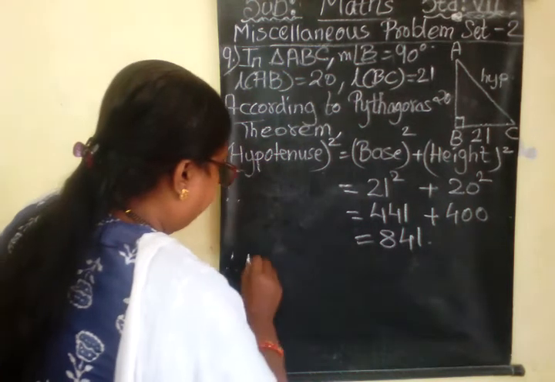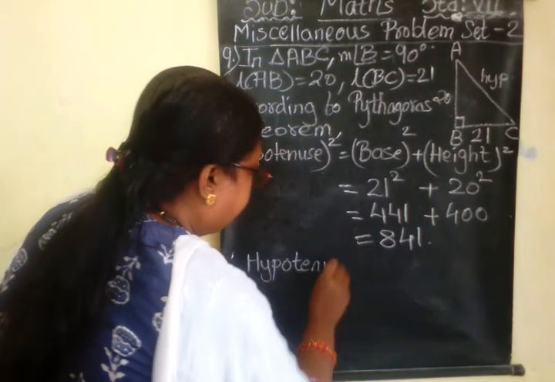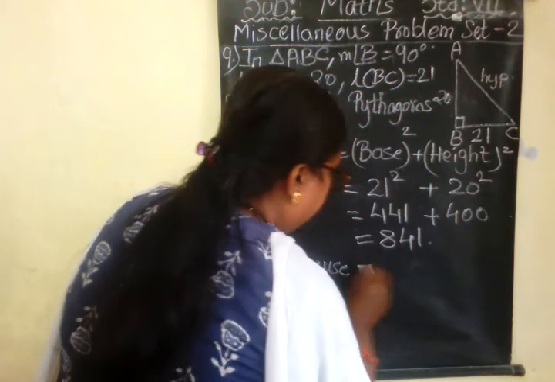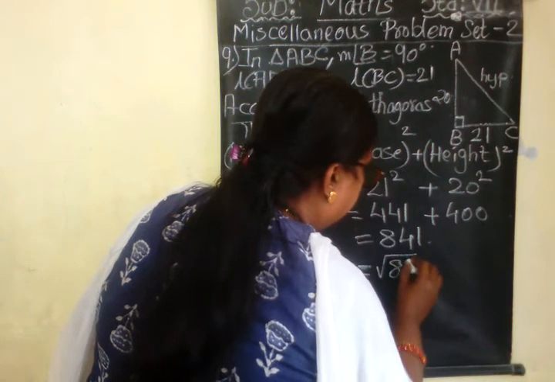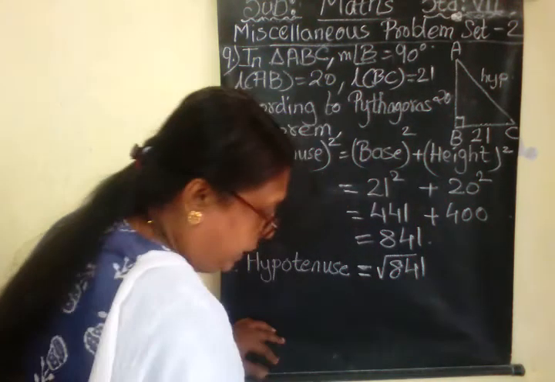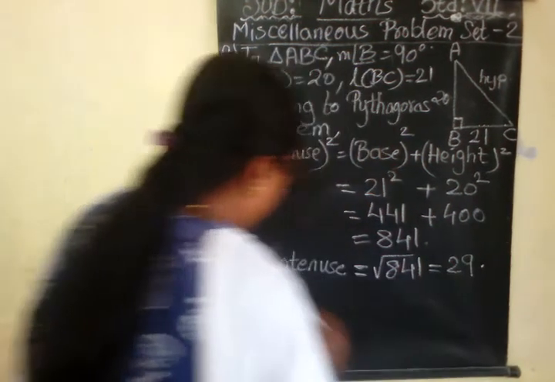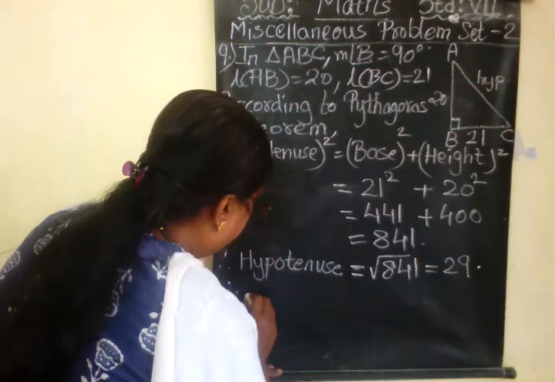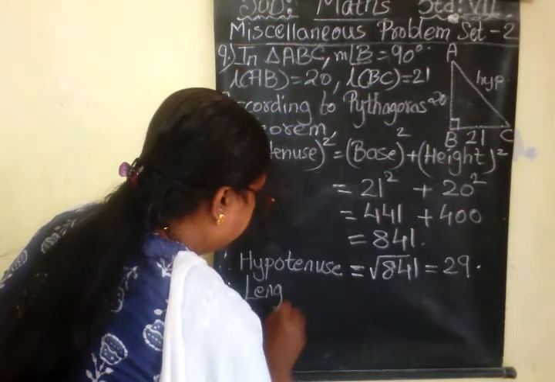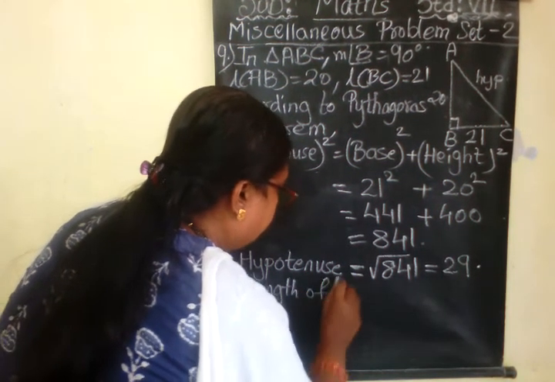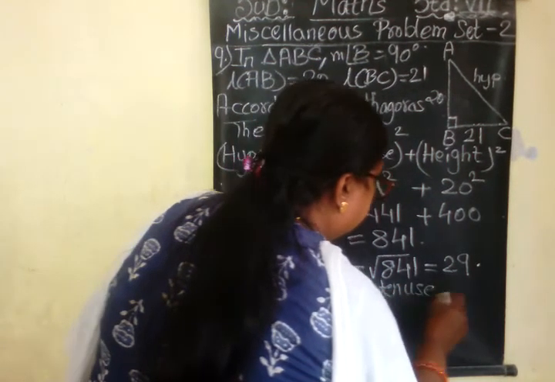So therefore hypotenuse is equal to root 841. Root 841 gives us answer as 29. So therefore length of hypotenuse is